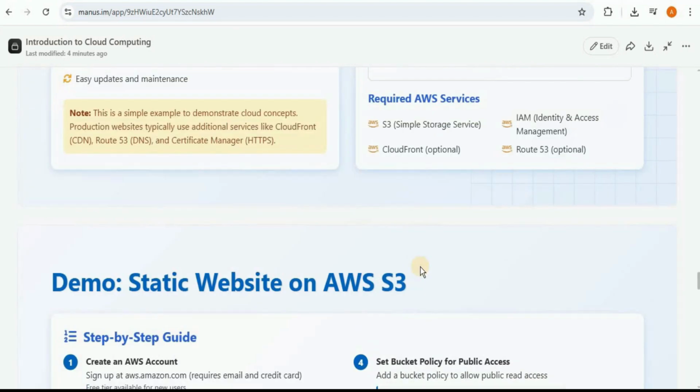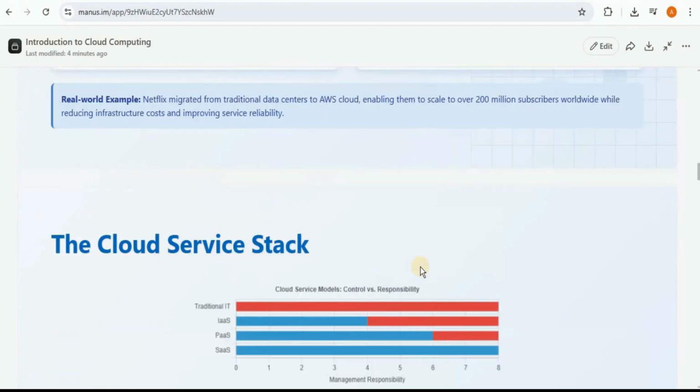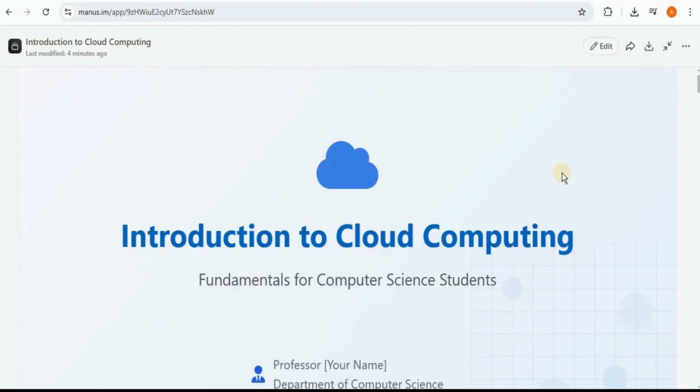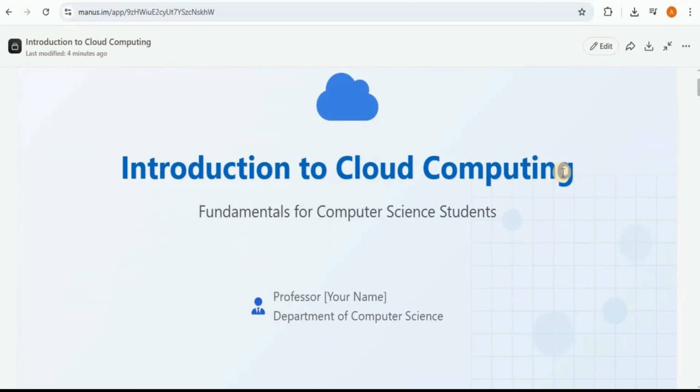So overall, these slides are absolutely amazing for starting out on a course on cloud computing for the undergrad students. It has covered all the different important aspects of the course and has also made sure that the slides are not boring and are really engaging for the students. And the best part about this is that you can always go ahead and play around with it and make changes to it if you want to.